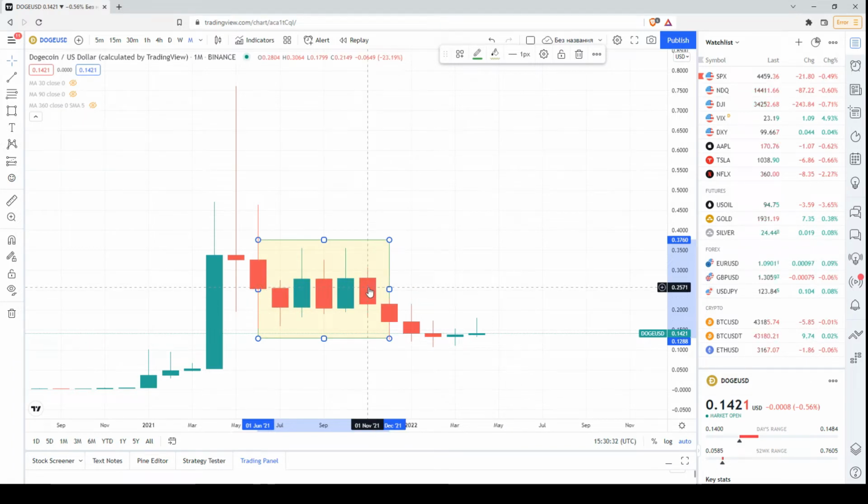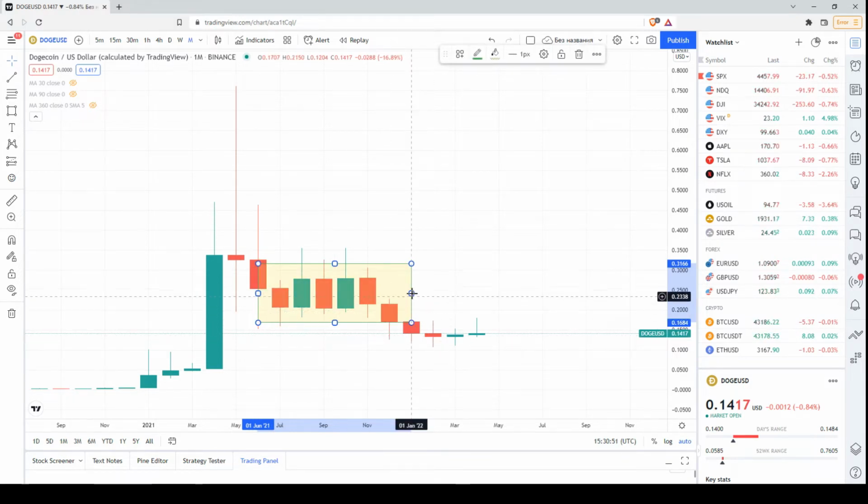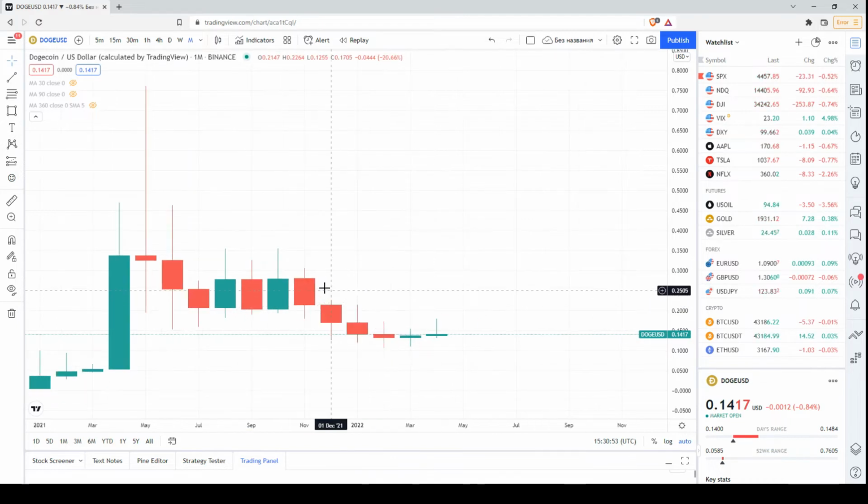However, when the bearish pressure resumed in the cryptocurrency market in November or in December of this past year, the price started to decline and the price chart of Dogecoin exited the consolidation in the downward direction. We saw a sequence of bearish candlesticks here with descending maximums and descending minimums, so that was a clear signal or sign of this bearish dominance. However, recently